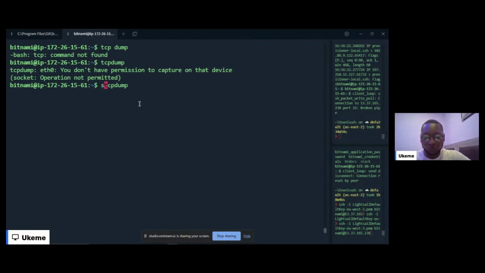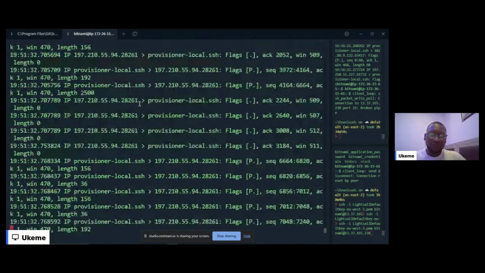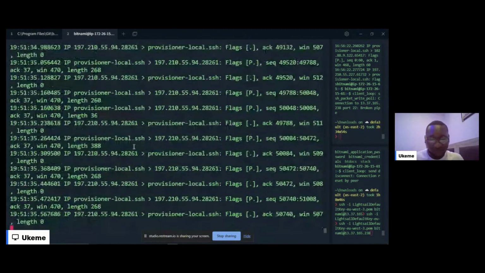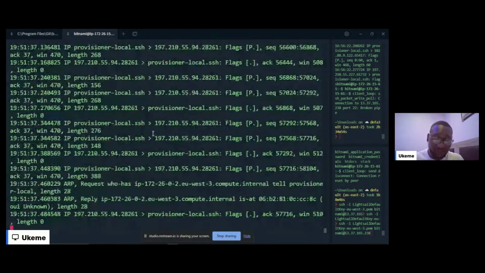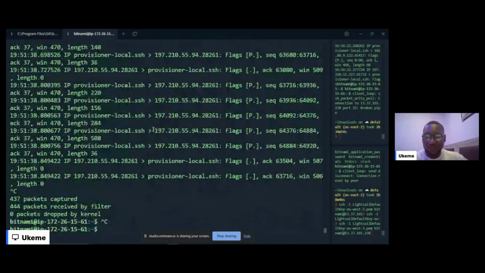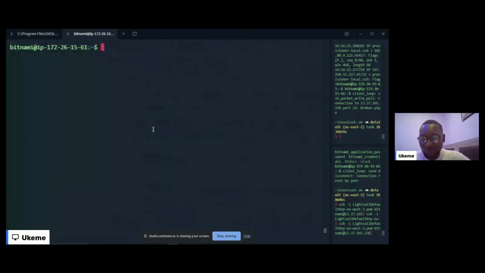Let's use sudo. So you see, this is going to take forever. It just keeps going, so this is not the best thing to do. What you should do is take all this network traffic data and pipe it down to a text file, so you can now read that text file.